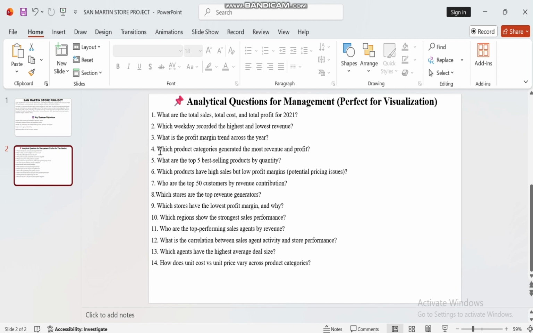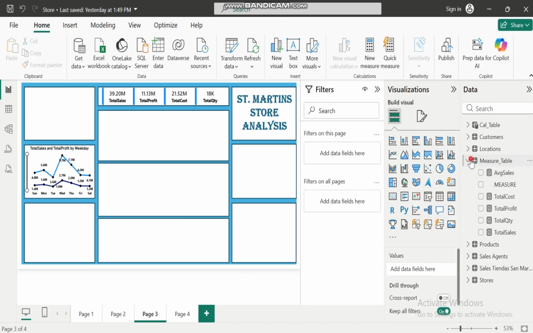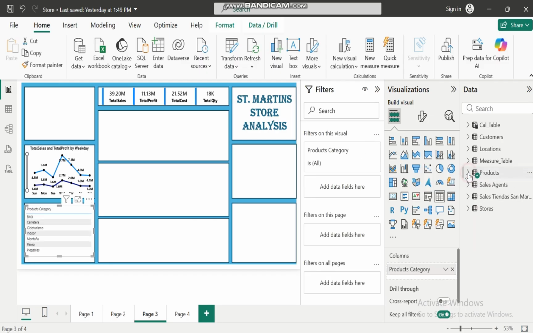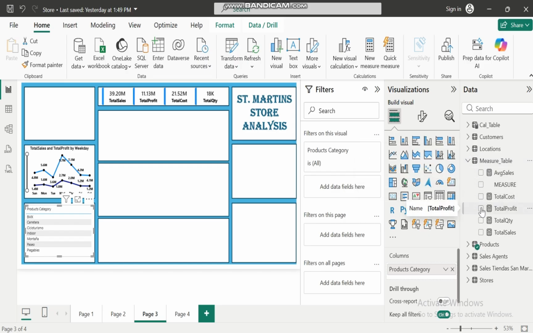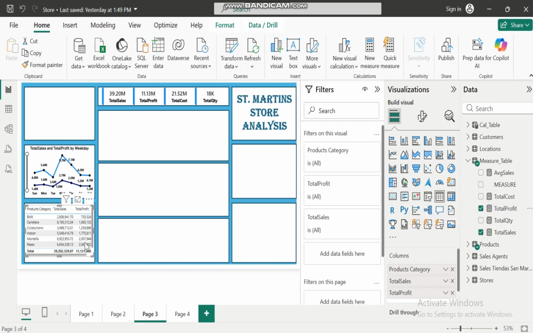Okay, so now we can move on to question 4, which is which product category generated the most revenue and profit. So we are looking at the product category, and for product category we can find it under products. Then we want to find the total sales and then the profit. Because we are looking for two different measures, the total sales as well as the profit,